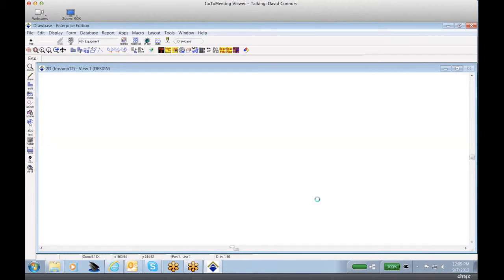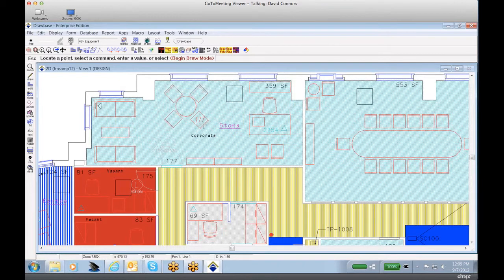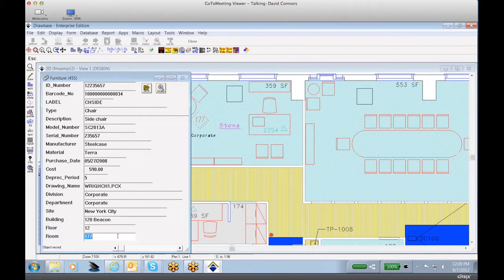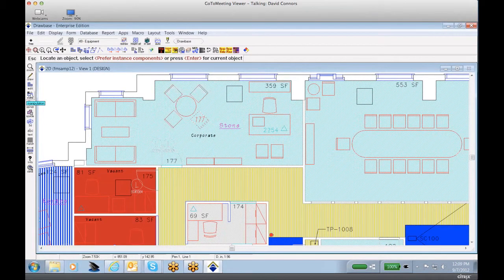And what we mean by that is the ability to be able to select an object. For example, here we've got a chair that's highlighted, and you'll notice that we are dynamically tracking the location at the bottom of the form. If we go ahead and select that item to be moved by just using our quick move command,